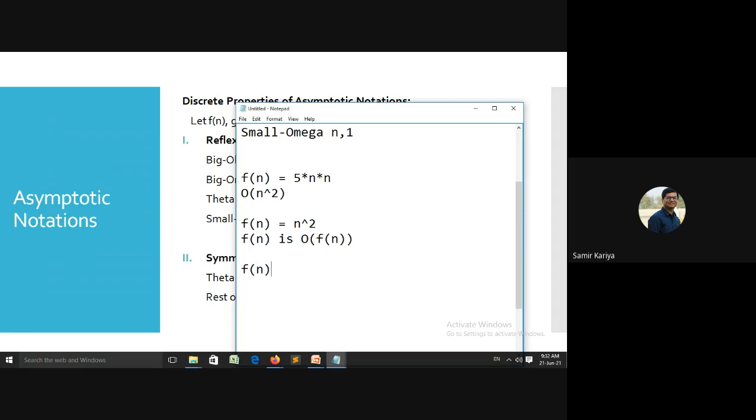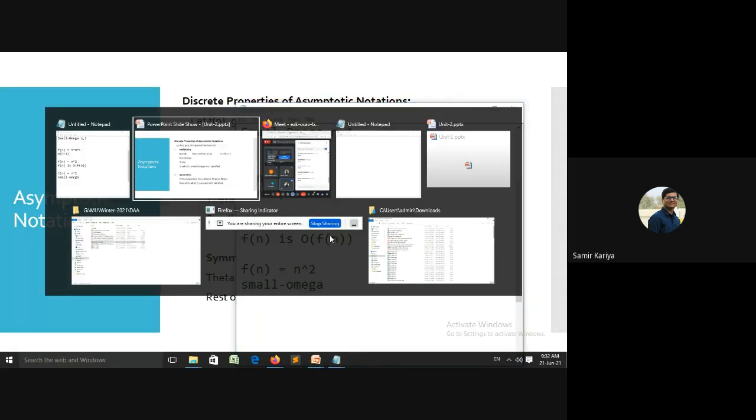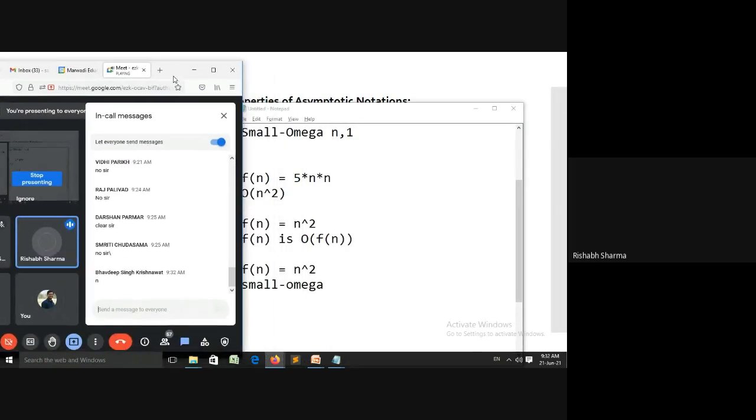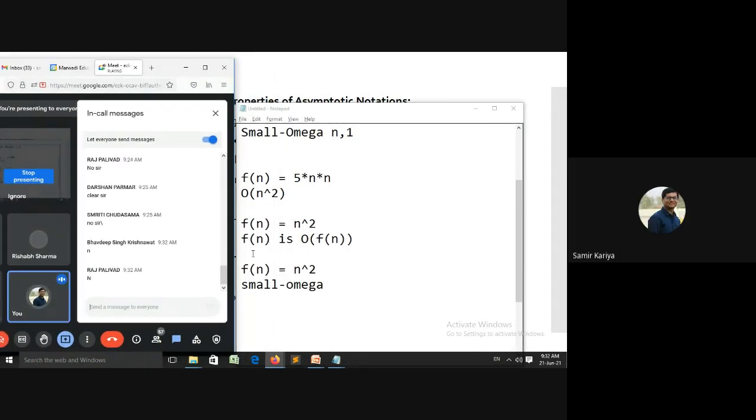f of n is n square. And let's try to write, what is the answer for the small omega? Can you give me the answer? Small omega, what is the answer here? Can anyone? Sir, n cube. Small omega, n only. Okay, yeah, n only. So your answer is